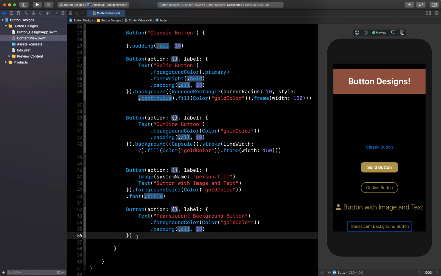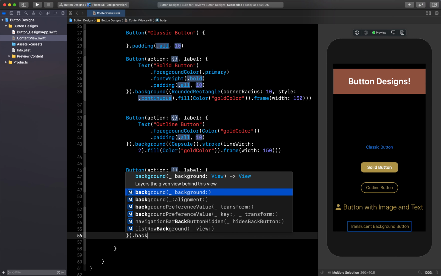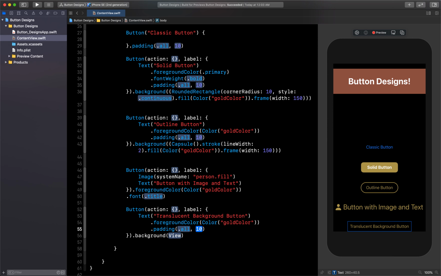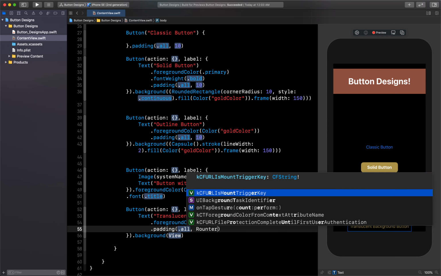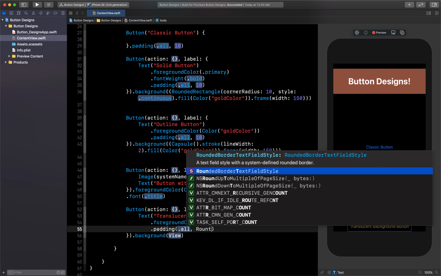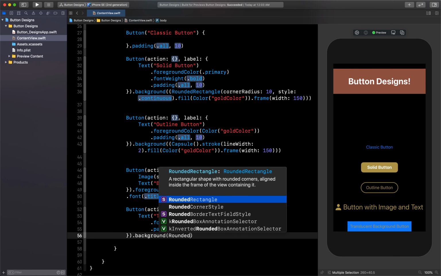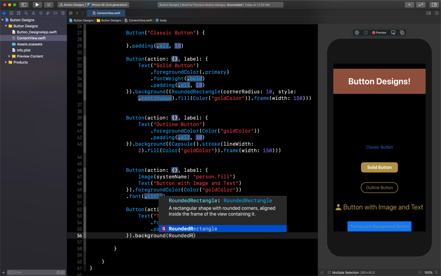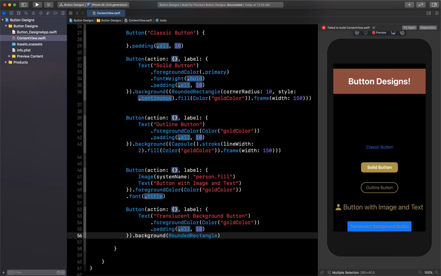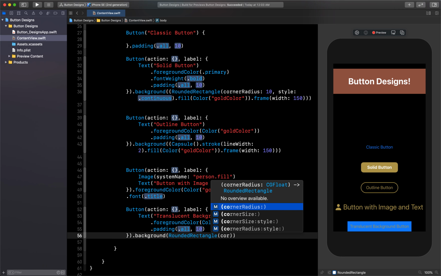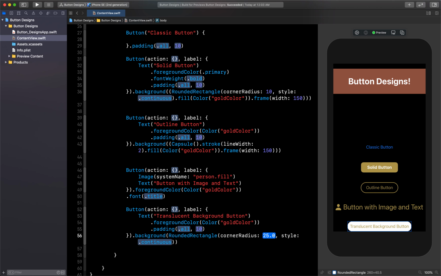Then for this we will use first a background, and background will be a rounded rectangle. And for this again we need to provide some corner radius. Let's give a corner radius of 15, and style we don't need, so let's remove that style part.